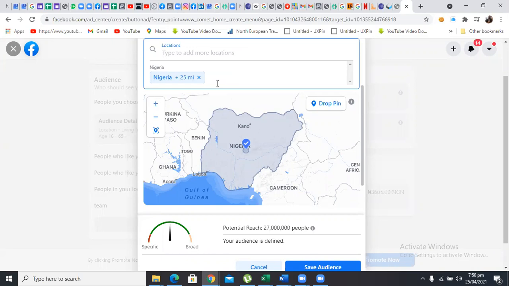For instance, if you are in Lagos and you do a sponsored ad and people in Adamawa are seeing it, most times the money they will pay to get it will be higher than the amount of what you are selling. For example, if the football is sold for, let's say, 4,000 naira, and somebody in Adamawa wants to buy, the logistics alone to send that football may most likely be more than that 4,000 naira.